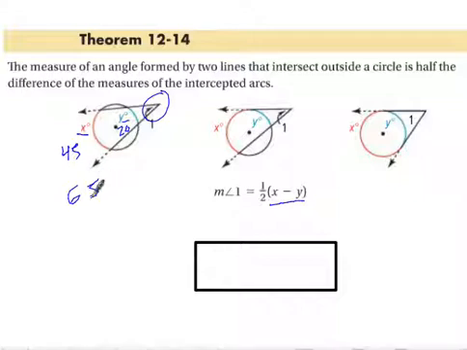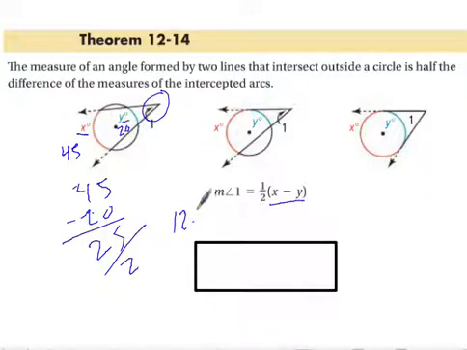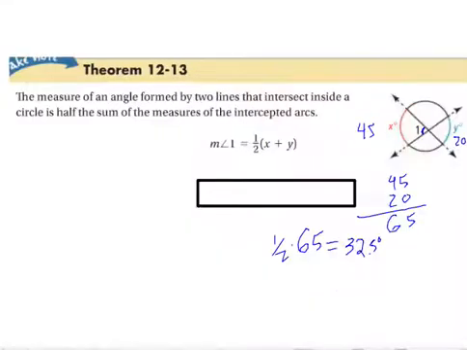Oops, no, excuse me. I'm going to subtract them. That's what we would do if we were intersecting. So I'm going to do 45 minus 20. We're going to get 25, and then I divide that by 2, and I'm going to get 12.5 degrees, and that's the measure of angle 1. So there's the difference. We're subtracting when it's outside and adding when the lines